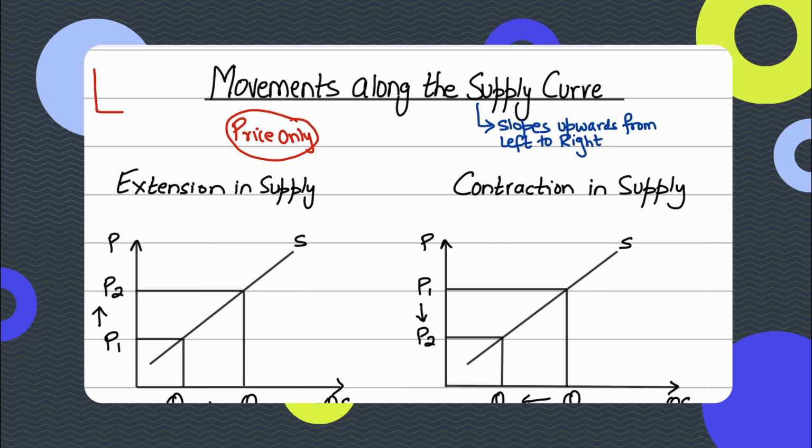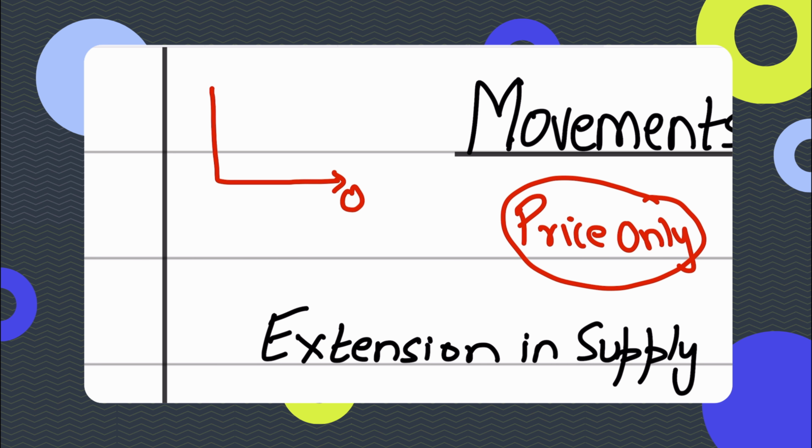The supply curve is drawn upwards from the left to the right. So this is your quantity axis, quantity supplied. This is the vertical axis, price. So you're going to draw it like this. So no need to draw the supply curve from the origin. That's incorrect. You will not draw it from the origin. Why? You don't need to know the reason at IGCSE level. Just learn how to draw the supply curve and it will be drawn like this, upward sloping from left to